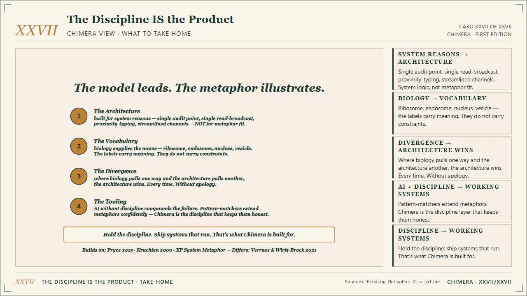4. The tooling. AI without discipline compounds the failure. Pattern matchers extend metaphors confidently. Coherence seeking is the wrong gradient. Chimera is partly the discipline that keeps the tools honest. Pair AI with Chimera and you get amplified capability with the discipline. Hold the discipline. Ship systems that run. That's what Chimera